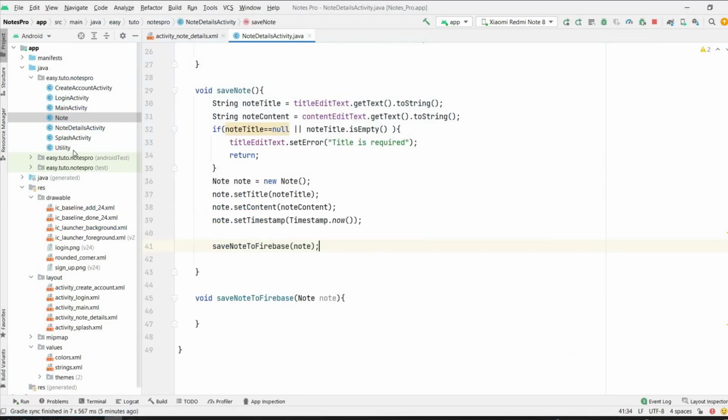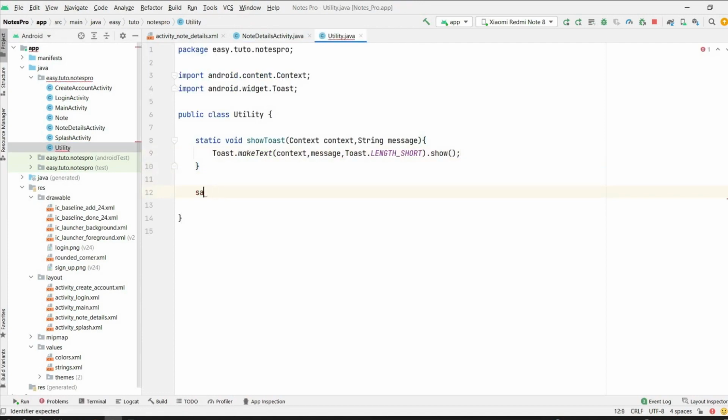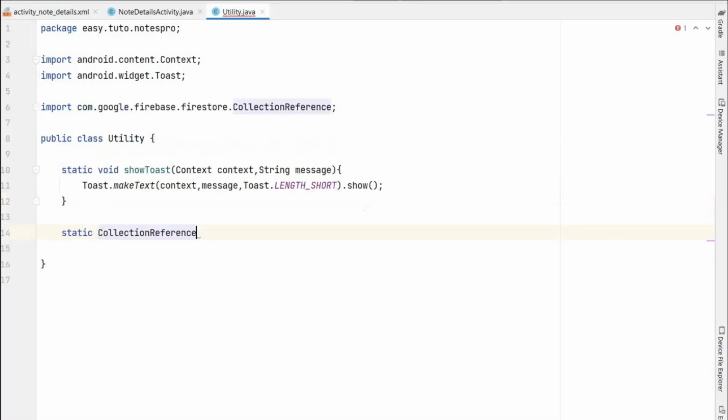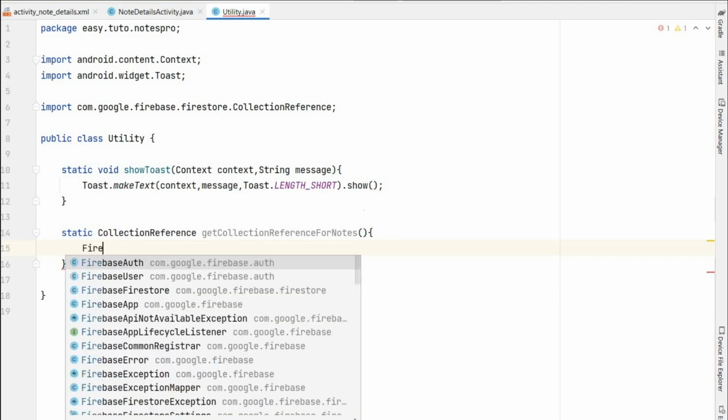I will create a method in utility that will return a collection reference where we want to save the node. So this will return a collection reference. I will give the method name collection reference for nodes. So first thing we need is user ID. For each user we should have user ID. So for that, Firebase user current user